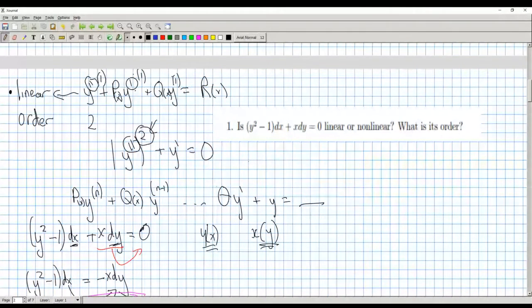What we were looking at in terms of linearity is when each of your y's, your y prime, your y prime prime, etc., when each of those is to the power of 1, it's going to be linear. If any of them is to a higher power,